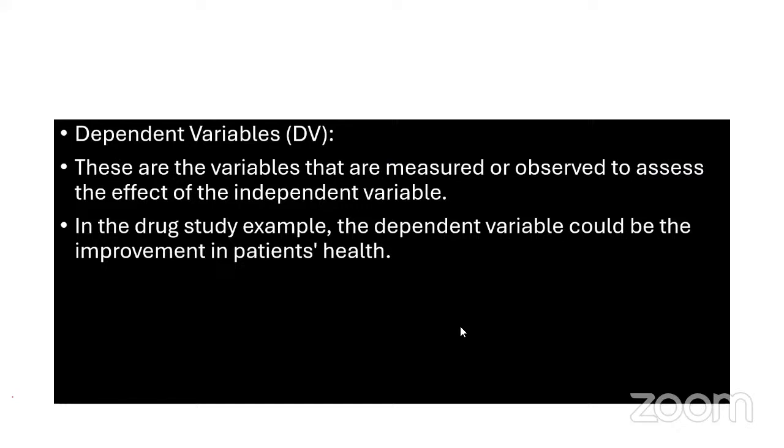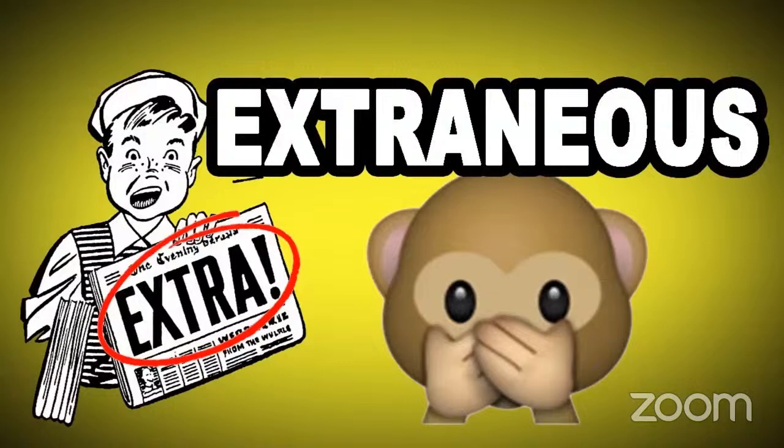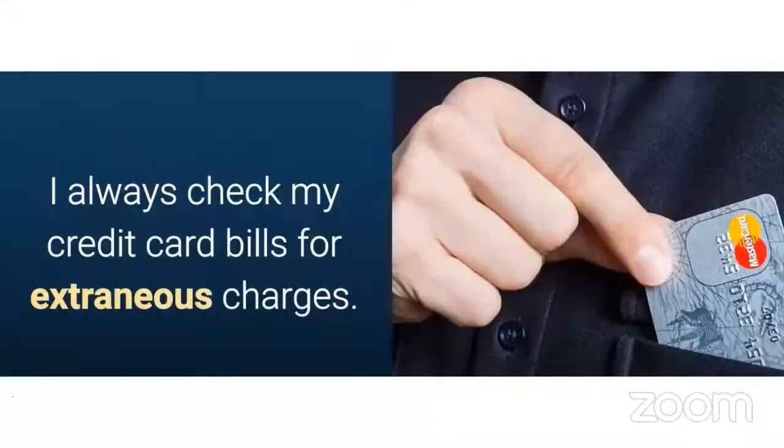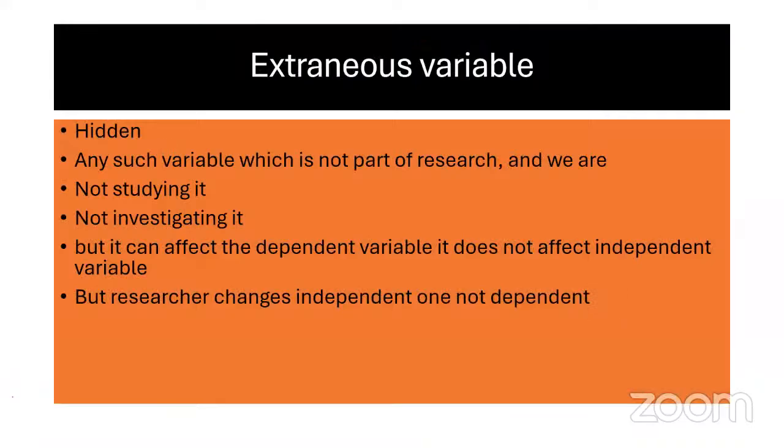अब शायद मुकद्दस लारेब ने जो क्वेश्चन पूछा शायद वो इसमें एड्रेस हो। एक्सट्रेनियस, एक्स्ट्रा, फालतू। आई ऑलवेज चेक माई क्रेडिट कार्ड बिल्स फॉर एक्सट्रेनियस चार्जेस। ये मिसाल है इंग्लिश लिटरेचर से, वर्ड वहां से आया है। कोई छुपे हुए, हिडन, कोई सीक्रेट चार्जेस तो नहीं लगा रहे। इसी तरह एक्सट्रेनियस वेरिएबल क्या है? हिडन वेरिएबल है। आप अच्छा भला काम करें, समझ नहीं आ रही यार बात, डिजायर्ड रिजल्ट नहीं आ रहे, कुछ चक्कर है।